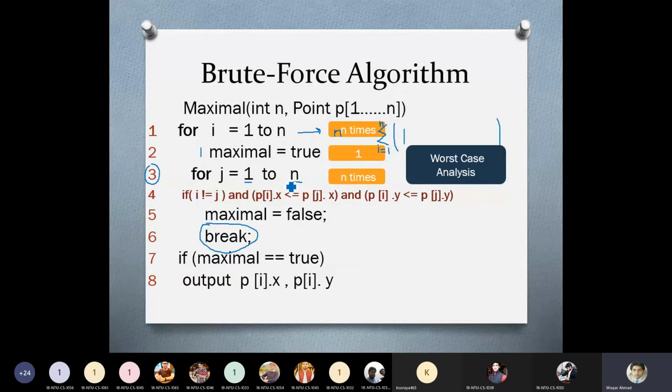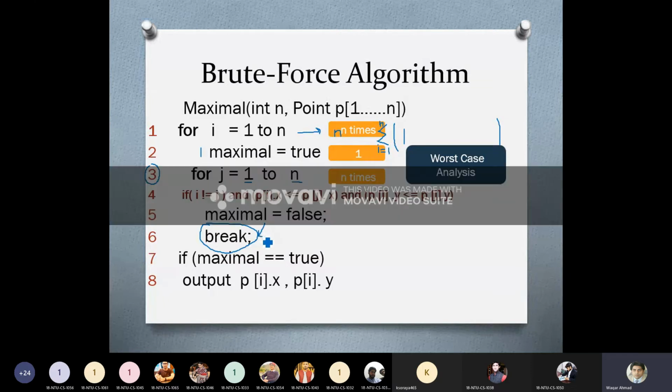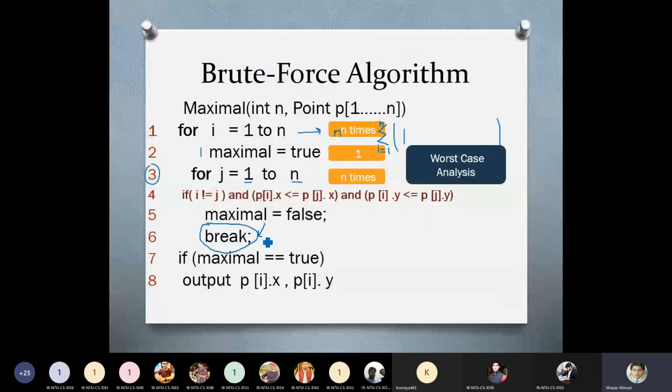Worst case analysis means that we are completely ignoring statement number 6. We are just thinking that this statement is never going to be executed. Statement number 6 is completely ignored.